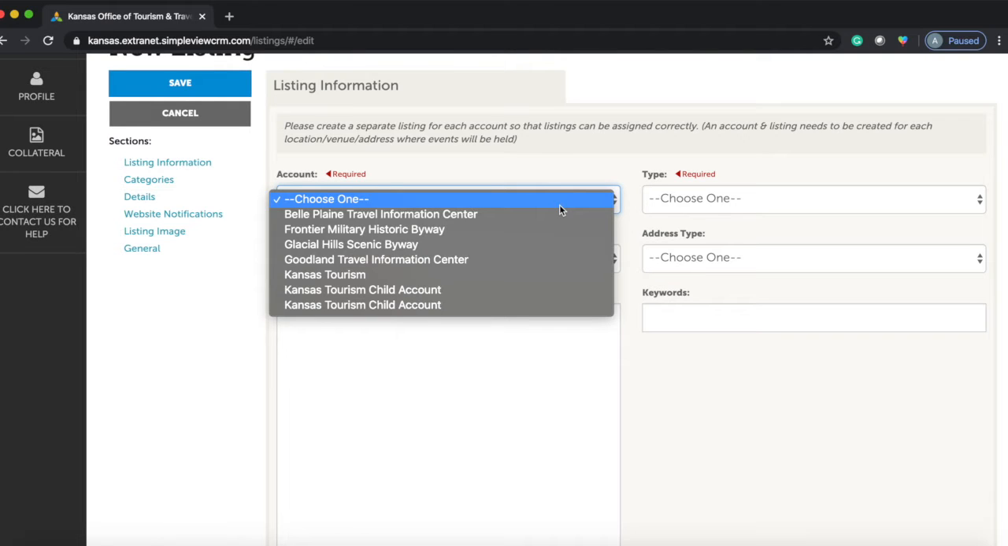If you are a single business, you will probably just have your account under here. But if you're a DMO or a CVB or a chamber or you just oversee a region and have a number of businesses, there could be quite a few here. Now, they're going to be listed in alphabetical order,